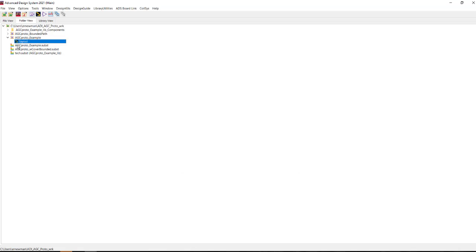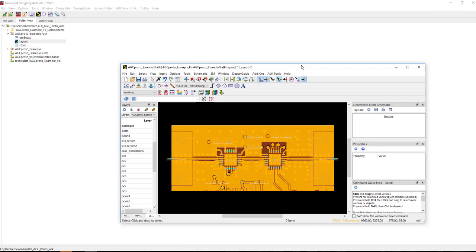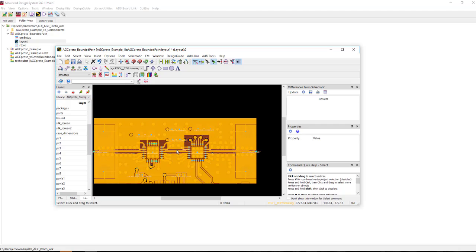It's that easy. You have to make sure you have the Cadence installation in the background so the tool has access to the module to help with the import. But with a few clicks, you'll have the board imported. I wanted to set it up for an FEM simulation. So I set up a bounded substrate and I cut a portion of the board. And I created a bounded